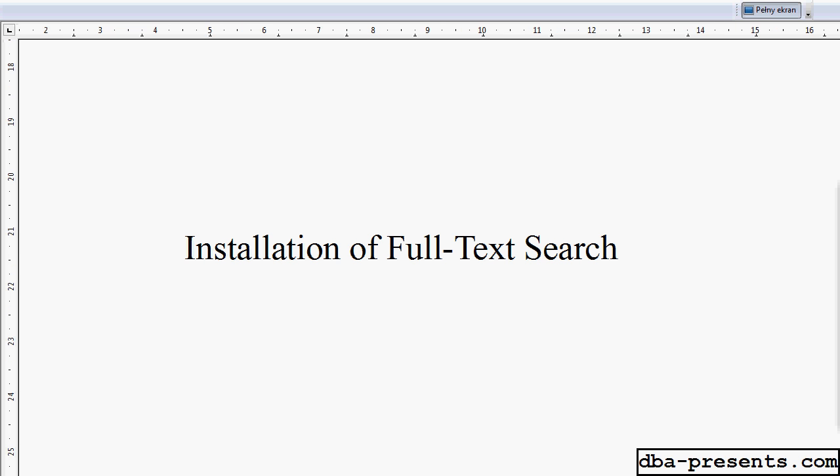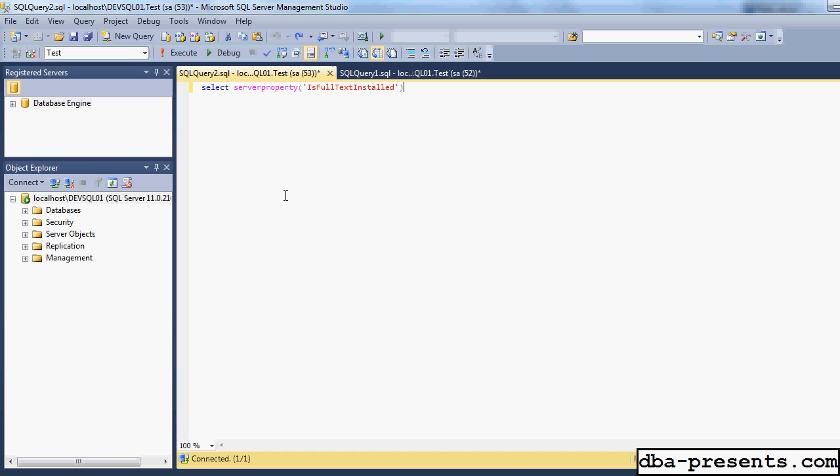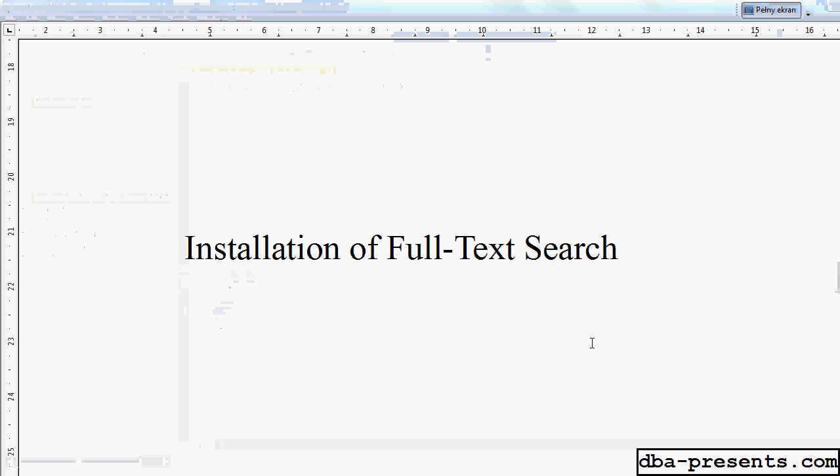With installing the full text search component, at the beginning I will check if I have it already installed or not. I can do that by querying for the server property, is full text installed. In my case it returns 0, which means it is not installed. So I go to